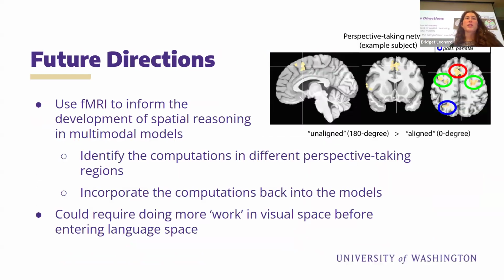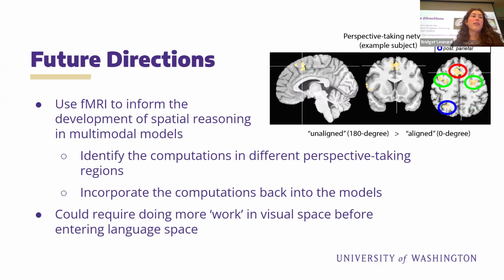And so some of our future directions is to investigate this perspective-taking network a little bit more. We really want to use fMRI as a tool to investigate the development of spatial reasoning in multimodal models. And if we can specifically identify computations within those brain regions, we might be able to incorporate the computations back into the models and see where we're lacking certain